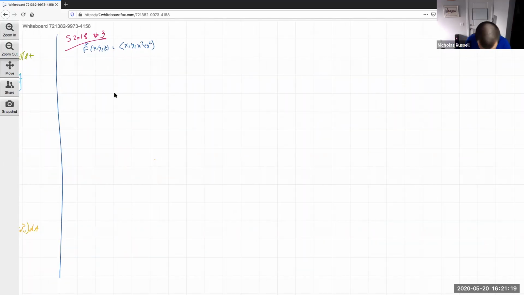I'm going to move over this way, because I'm going to need a lot of space for this problem. The first thing that is asked in this problem is to compute the curl. Now, why do we need a curl? What does this really mean? The first thing to realize